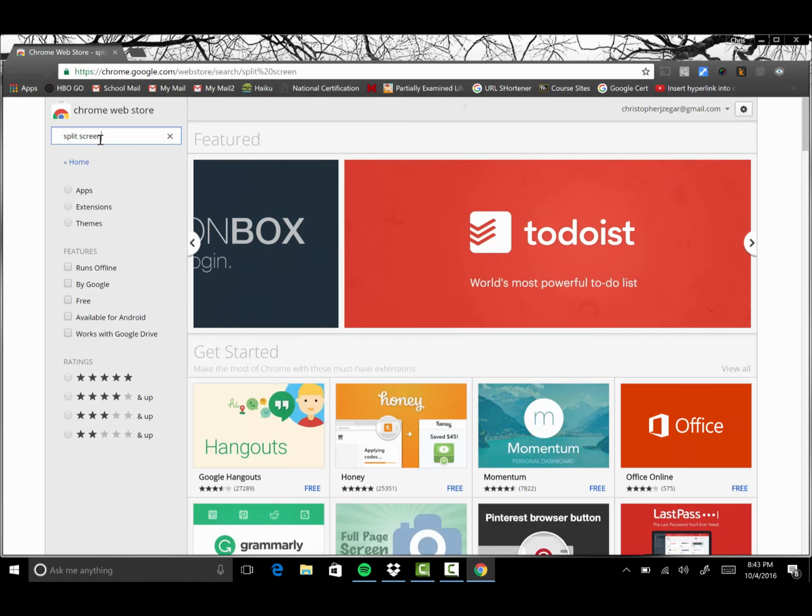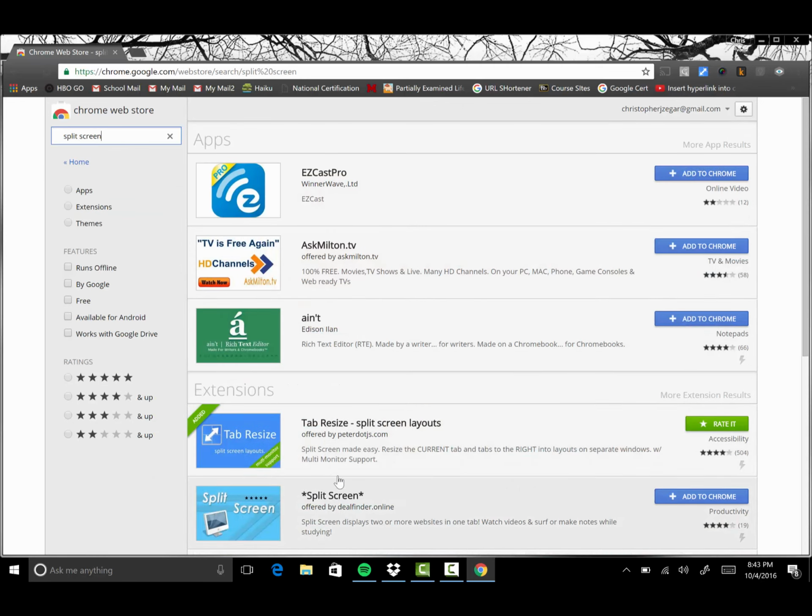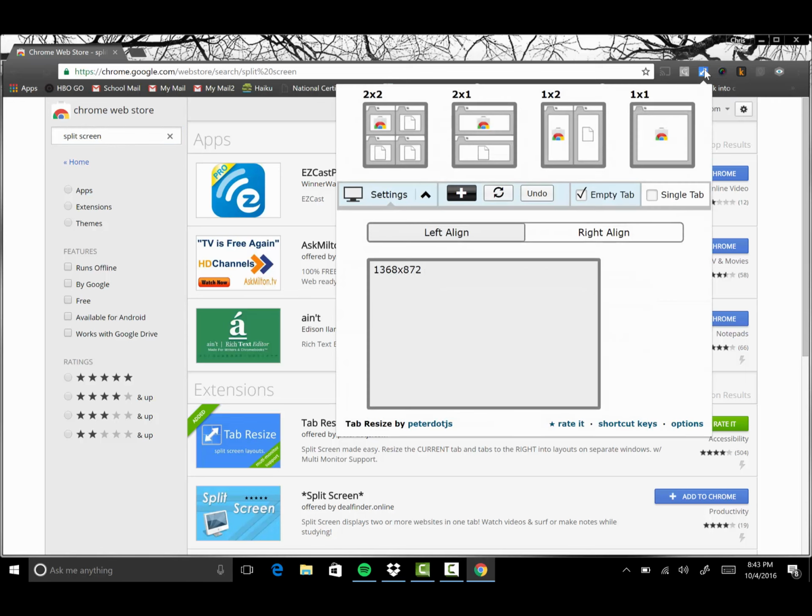And a whole bunch of things are going to come up. I would suggest you use the extension which is Tab Resize, split screen layouts. So you're going to add that, and it's going to show up with this icon right up at the top. And the nice thing about this is when you click it,